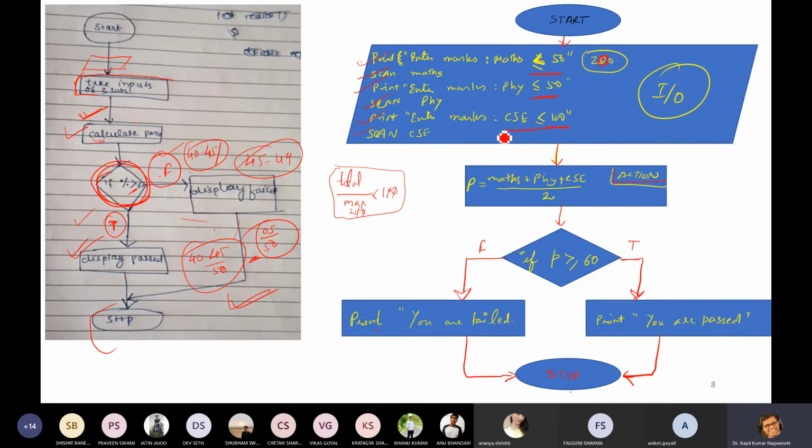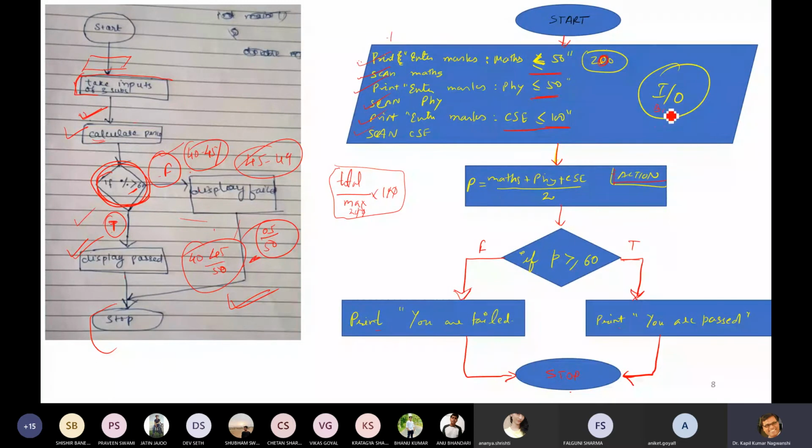Based on this percentage, we will be able to show whether the student has passed or failed. Initially we start with this, our input output box.